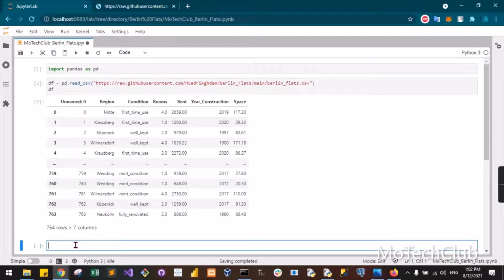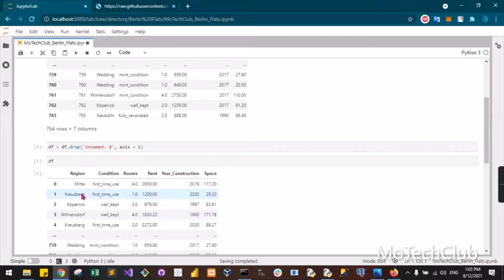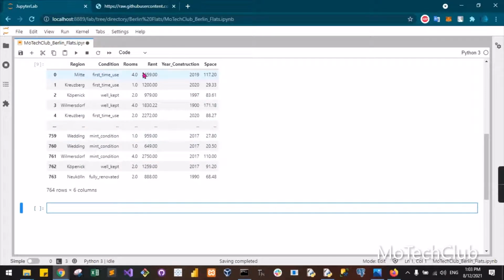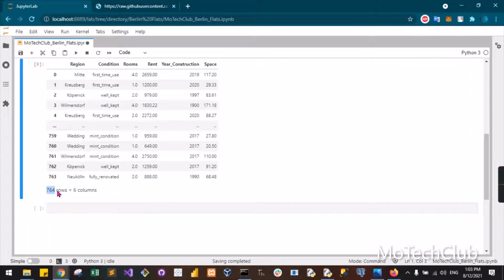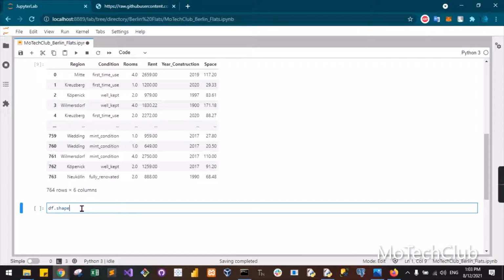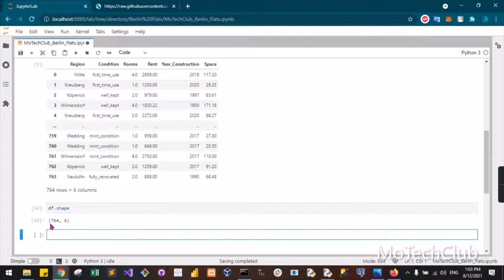So first I'm going to drop the first column, unnamed, so df is equal to df.drop, and the column name is Unnamed: 0, and I'm going to drop it from the columns, so axis is equal to 1. Okay, and let's see our data frame. So this is what we have got here, and we have the shape here, but I'm going to just do df.shape to see we have 6 columns and 764 rows, so it's quite a very small data frame. And with df.describe